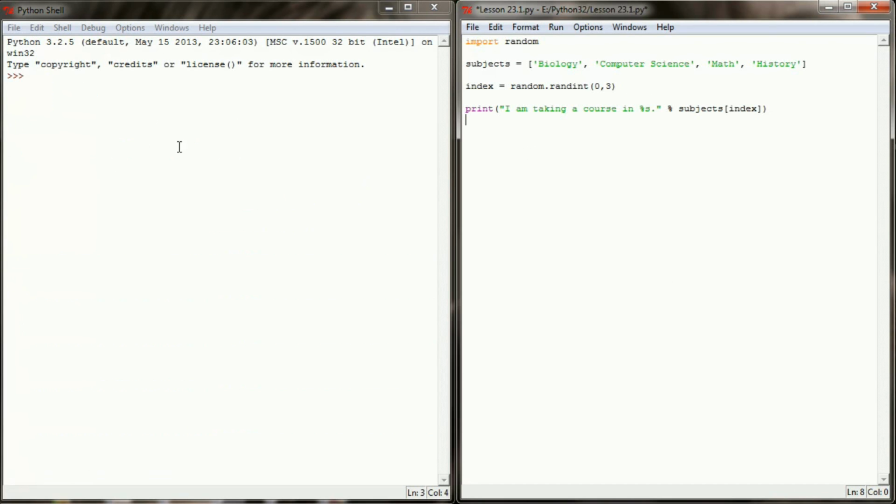I had to clear my screen over here. I had a little bit of a computer hiccup, so we're clear over here. But